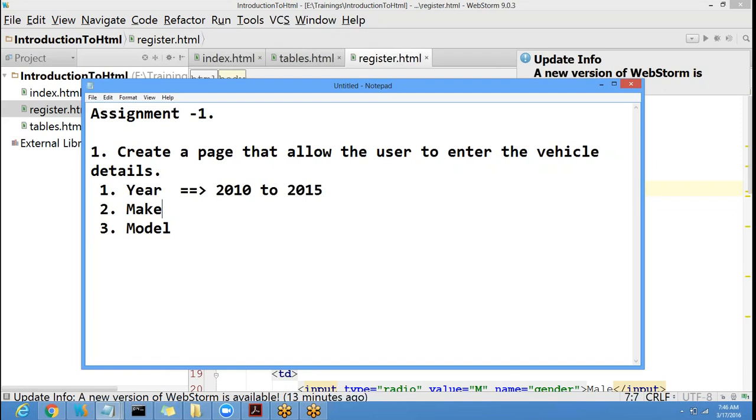2015. I'm not saying which control you need to use. It's all up to you what control you will use, what makes sense. Makes, I need these makes: Audi, Benz, Ferrari, and models for the Audi. Okay, models A5,